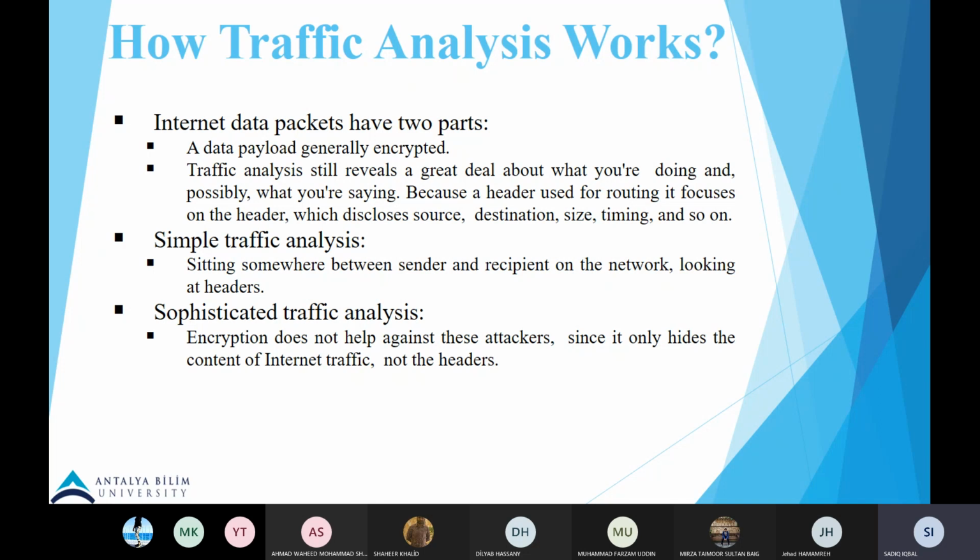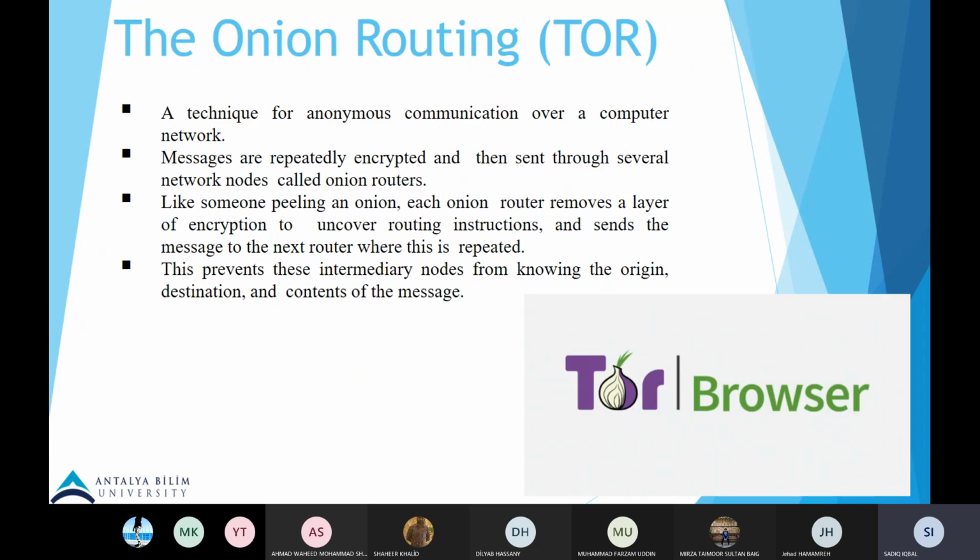So up until now, what I'm trying to convey is that we are very much compromised. We are entirely compromised because we don't know who can track us at any time, and what they are tracking, and at what depth they know about us, even better than us. So now talking about the onion routing,